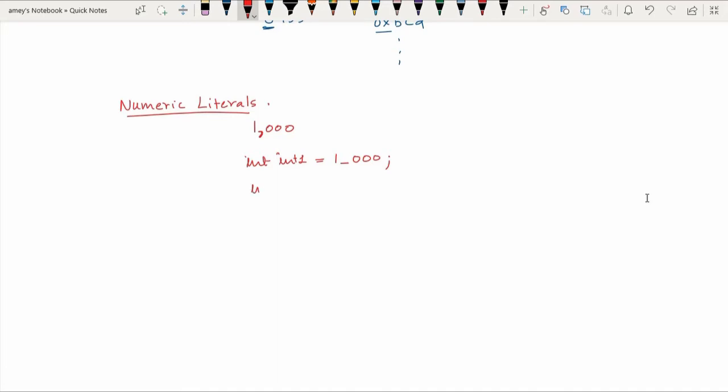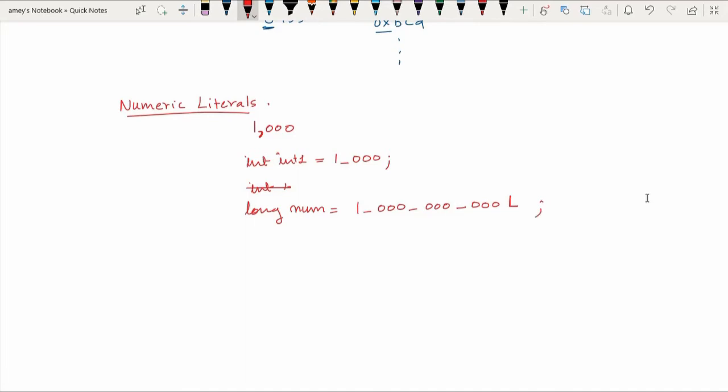Similarly, suppose I want to represent a very big number, say long number, a very big number, say 1 underscore 3 zeros, then again underscore 3 zeros, underscore again 3 zeros, and L. Now this L is a notation, I will shortly talk about it.